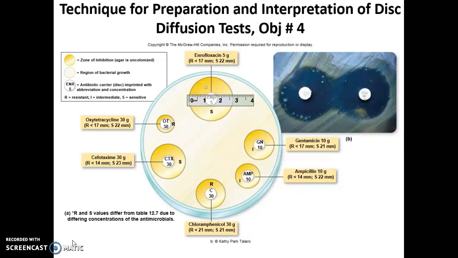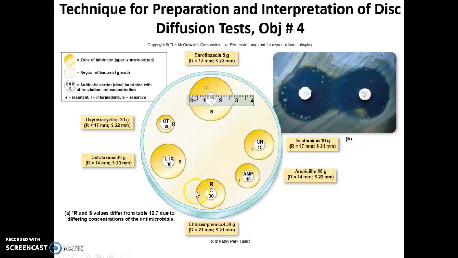It's easier to see on this picture: you take a sample of the bacteria and streak it across the surface of a petri dish, usually with a sterile cotton swab, and you can see the streaks here in the bacteria growth, this white part. And right after you streak out the bacteria and cover the entire surface, you add these little discs to the